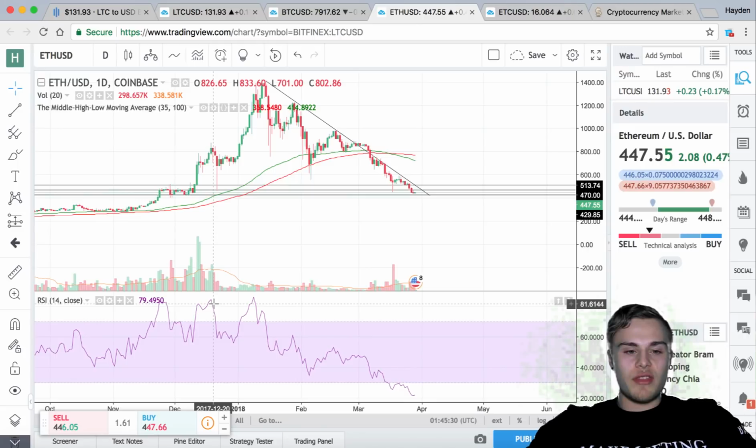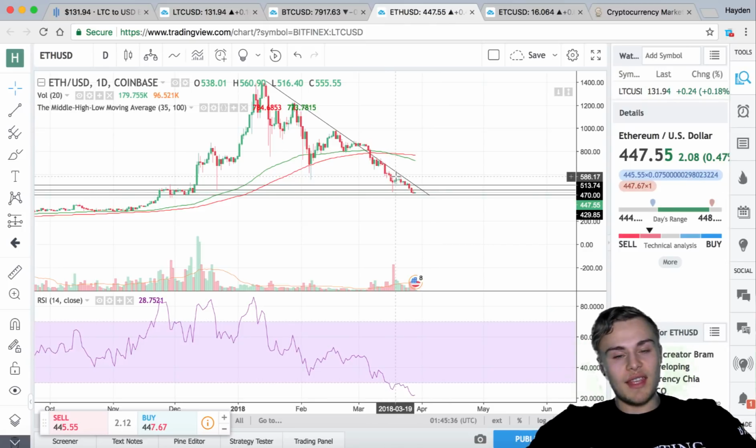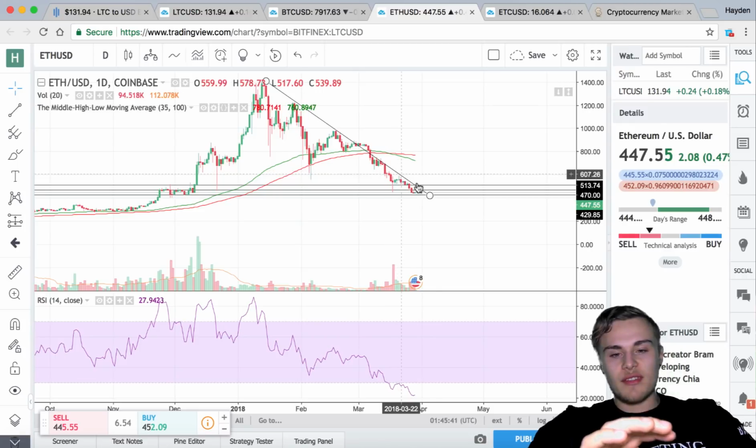I'm very bullish on Ethereum right now. We are retesting this area right here. I do think we will break out past this. Like I said in my previous videos, we were going to hold on to this line right here as we